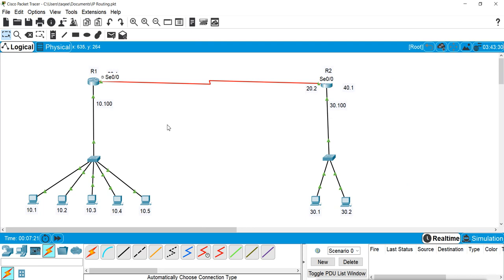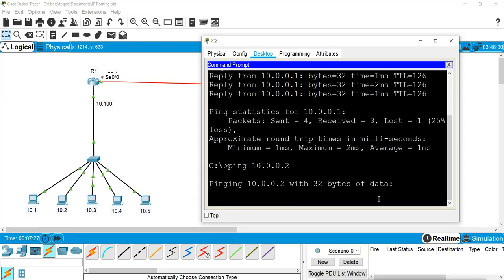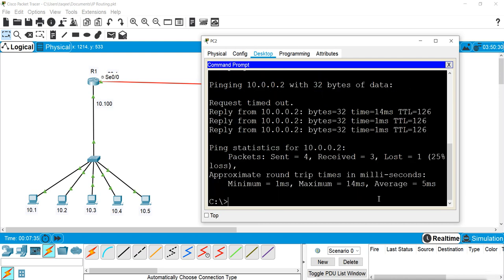So what I will do, first let's say if we ping 10.1 we get the reply from 10.1. If we ping 10.2 we will get the reply from 10.2. So first we will check that we are getting the proper replies or not.